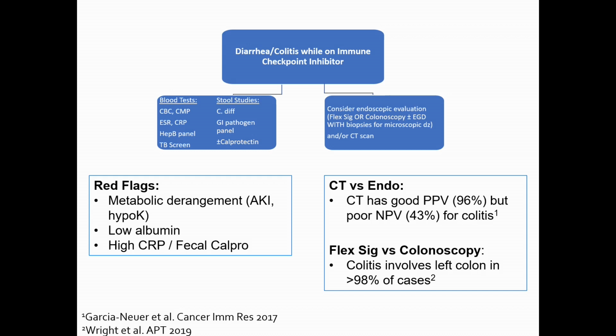And extrapolating from our experience with ulcerative colitis and Crohn's, the markers for us of severe disease are really hypoalbuminemia as a negative inflammatory marker, and then a high C-reactive protein or high fecal calprotectin are particularly concerning and raise our flags that there's a more significant disease burden going on. And in that vein, those are the patients that you're really thinking about an early objective evaluation with either endoscopic, that we'll talk about more in a moment, or maybe some kind of scan. So some pearls just thinking about those objective markers of assessment.